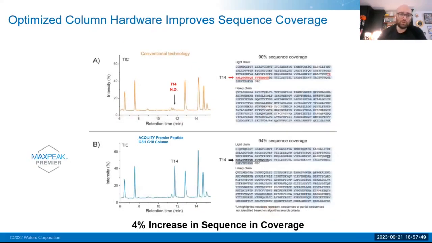And what you may also notice is with some of these peptides that are very prone to different modifications, acidic modifications, or that may just be highly acidic themselves, we may go from the inability to detect those particular peptides, which minimizes our sequence coverage, to being able to effectively see those peptides and making sure that we're able to confirm the primary sequence, which is a critical piece of that biosimilarity study.